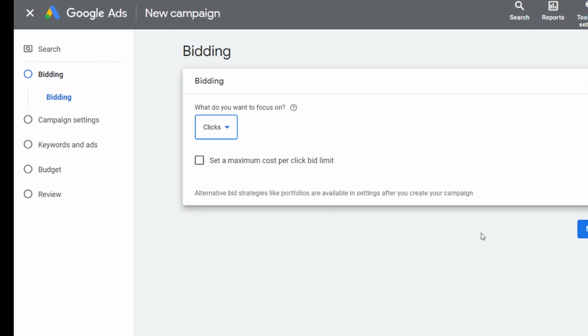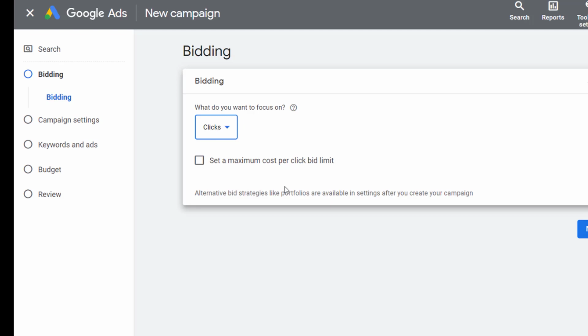Fourth, monitor your performance. Once you have set your bid amount, it's important to monitor your performance and adjust your bid as needed. You can use the performance data available in your Google Ads account to see how your ads are performing, and you can adjust your bid amount to improve your results.